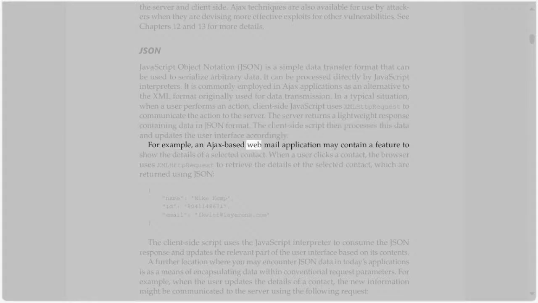For example, an Ajax-based webmail application may contain a feature to show the details of a selected contact. When a user clicks a contact, the browser uses XMLHttpRequest to retrieve the details of the selected contact, which are returned using JSON. The client-side script uses the JavaScript interpreter to process the response and updates the relevant part of the user interface based on its contents. A further location where you may encounter JSON data in today's applications